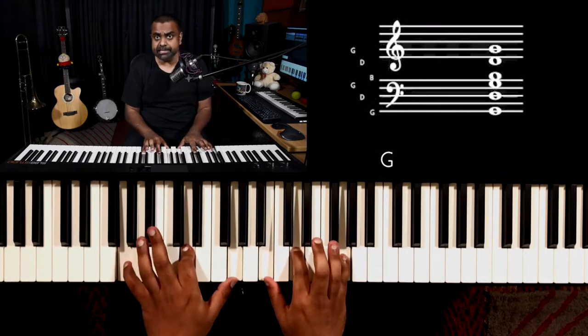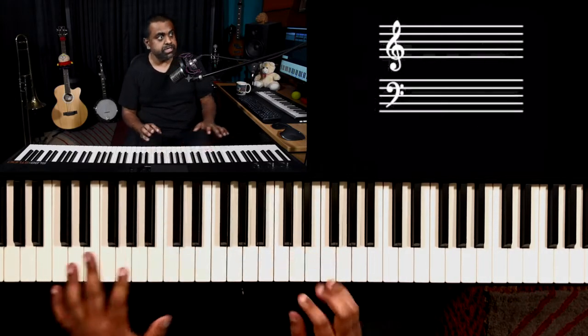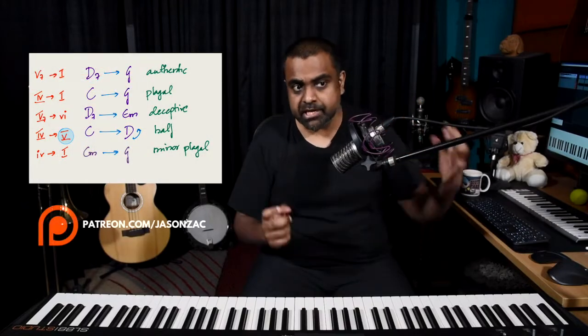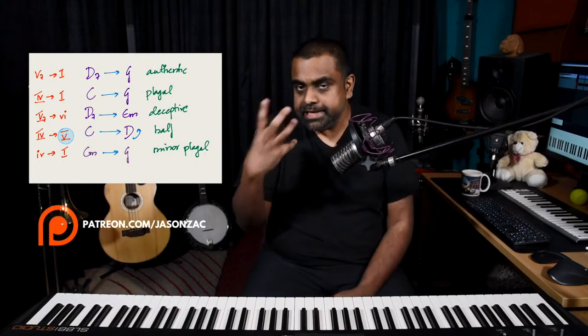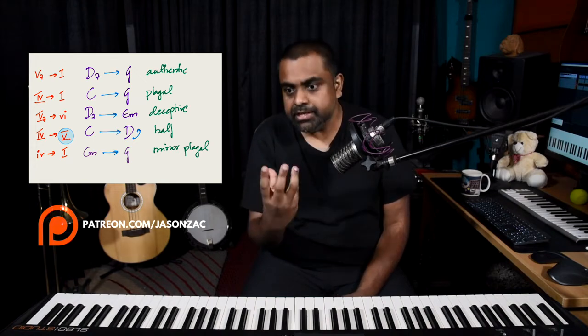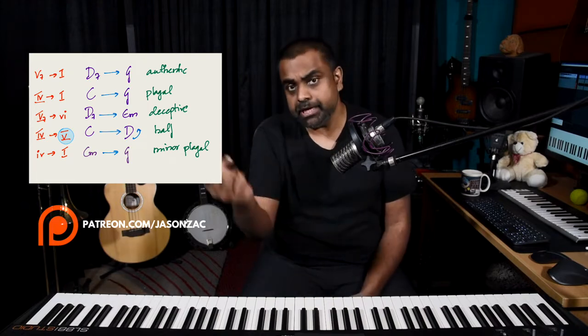And you end with the plagal taking them back home, and do the authentic later. So you see how we are using these words. It's very important that you don't overthink the words or get scared by the words. We say authentic because it's 2 chords, 5 to 1 or 5-7 to 1. We say plagal because it's 4 to 1 or 4 minor to 1.